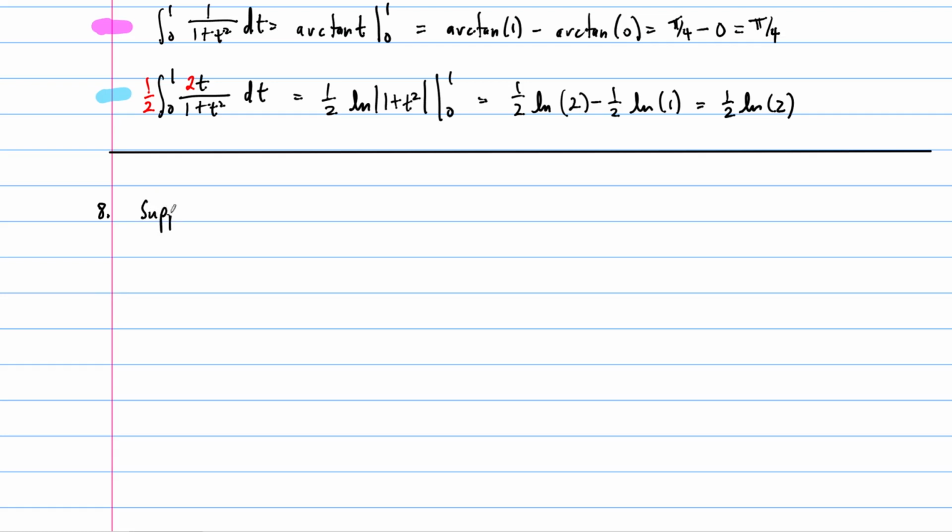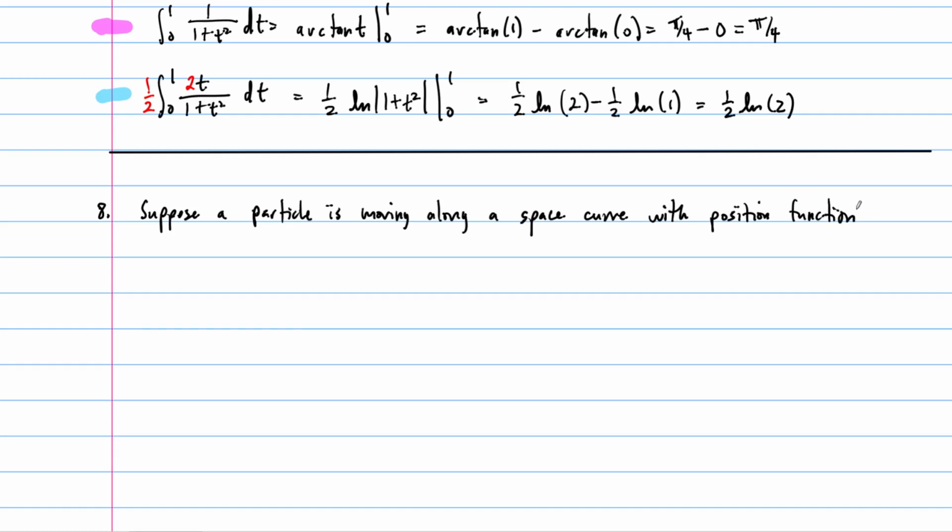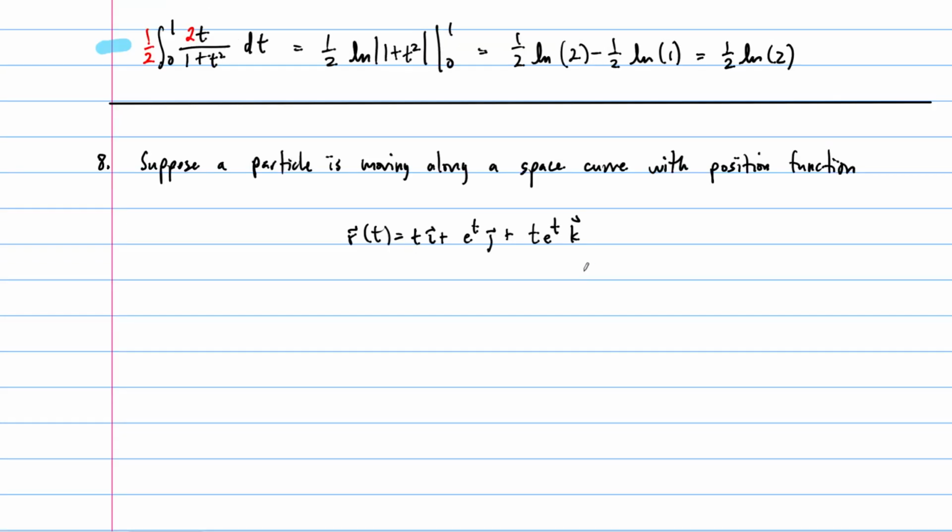Let's suppose that a particle is moving along a space curve with position function given by the following. So r of t is equal to t times i plus e to the t times j plus t e to the t times k. All right, and here's the question. If the initial position of the particle